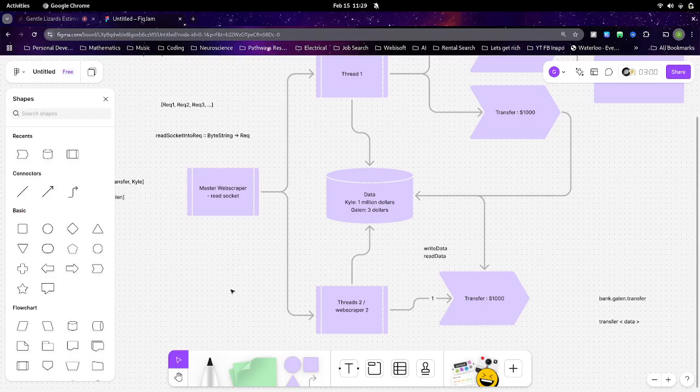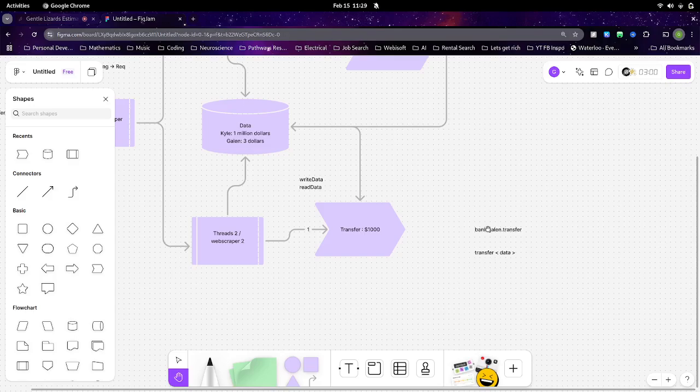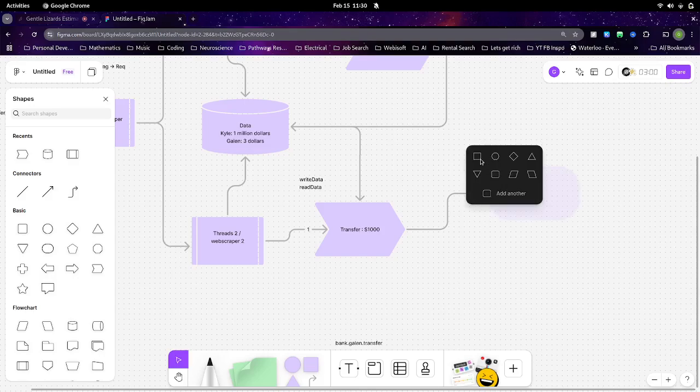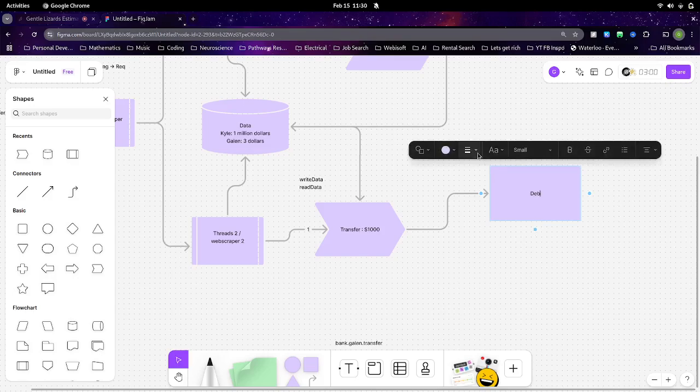because you can't guarantee how long it takes, especially if there's any latency involved, especially on thread 1, where these transfers are going to be side effects, right? The amount of time that it takes is going to be different every time because it's a side effect. It's not a pure function, right? These threads are not pure because they are transferring using some bank API, or even a call to the database or whatever. If these were pure functions and you were using atomic operations, then yeah, you could guarantee that one thread will happen before another. But in this case, we can't necessarily guarantee that.